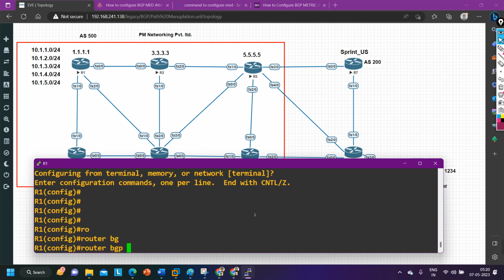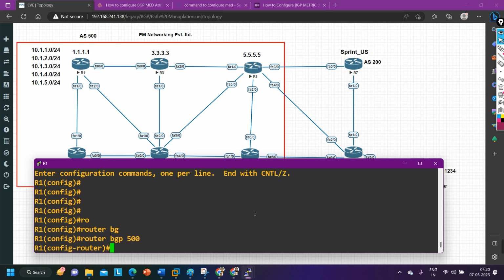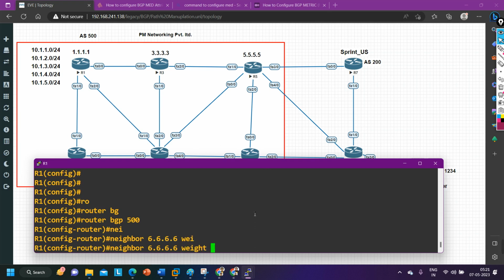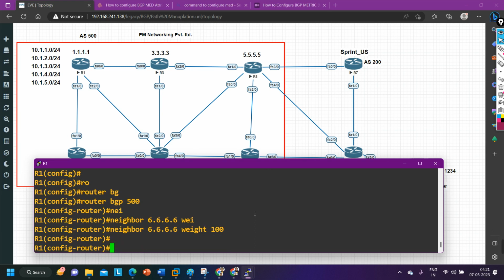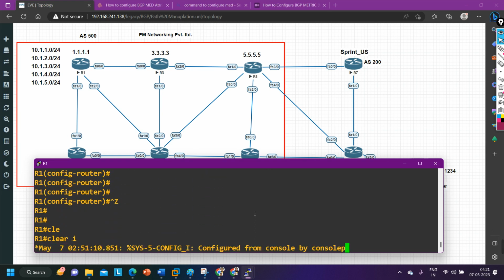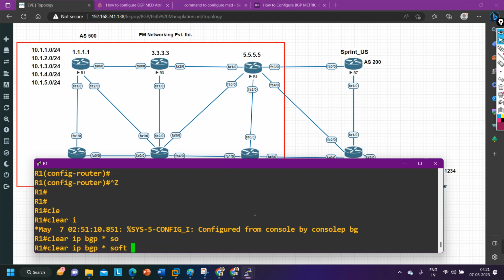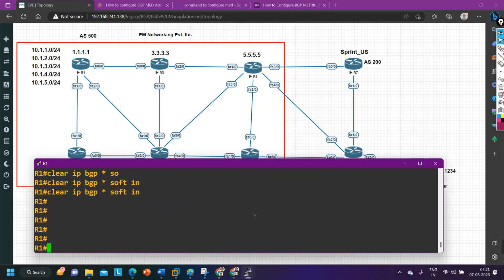After that, router BGP 500, neighbor 6.6.6.6 weight. For this neighbor I am going to add weight 100, let's say. Done. And now if you clear IP BGP star soft in, and check the BGP table,